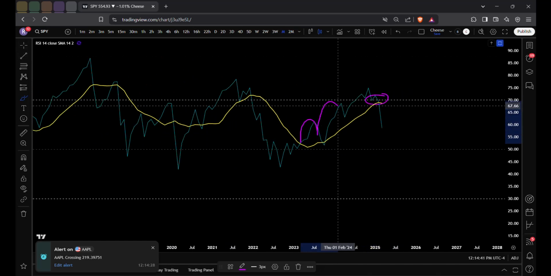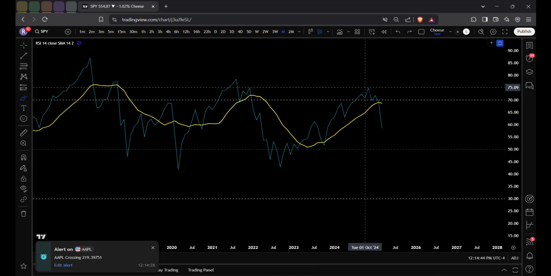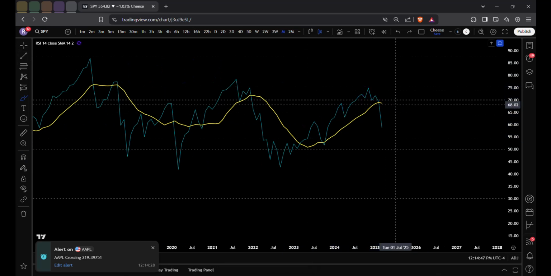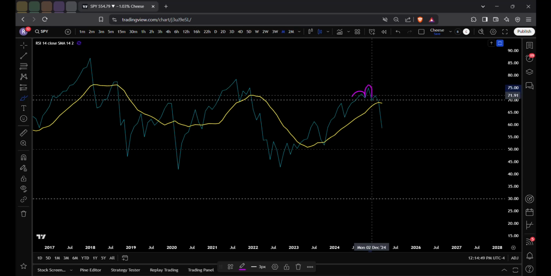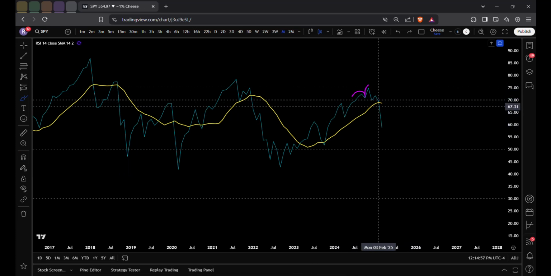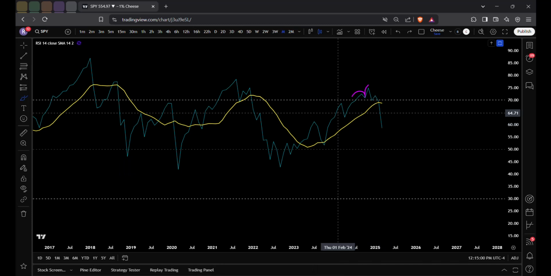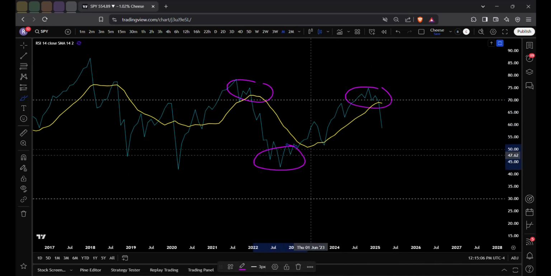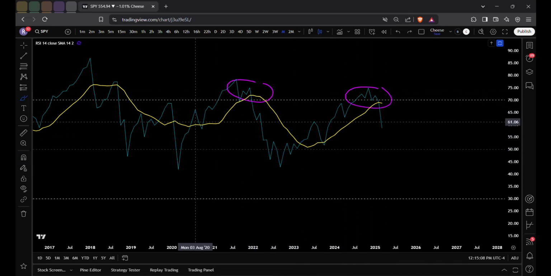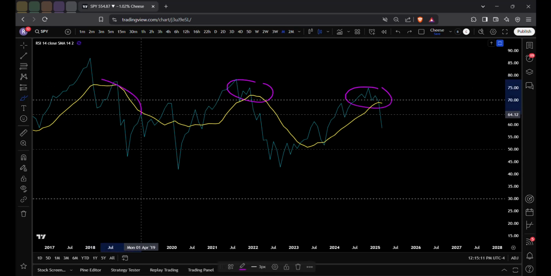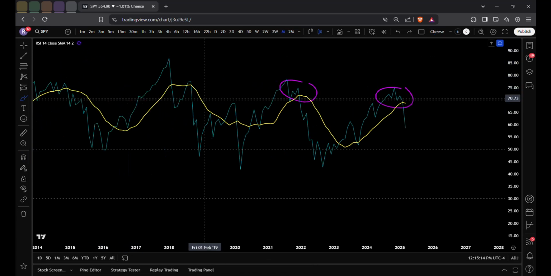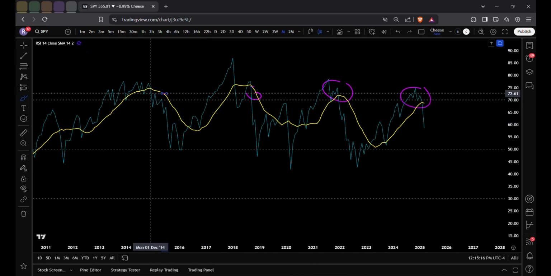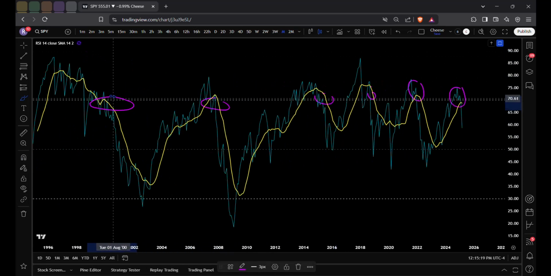Okay, we were making higher highs each time. This was our first lower high. This was an inverse head and shoulders. This was a break of the 70 line. This was a break of the moving average. The next month coming in, room to bleed. So I want you to identify this and this and this inverse head and shoulders and a break of this, right? A breakdown. Lower high, break right here, break right here, break right here.